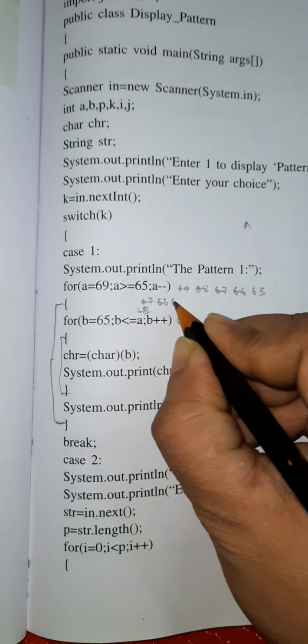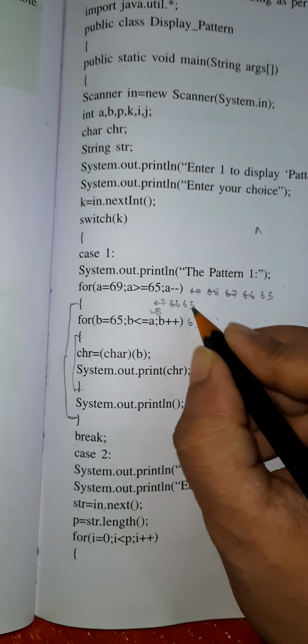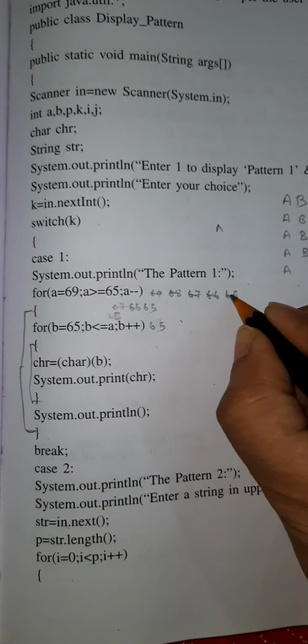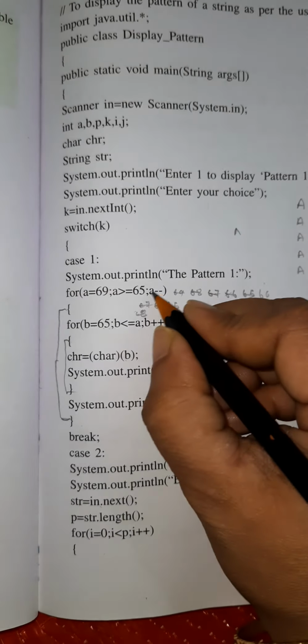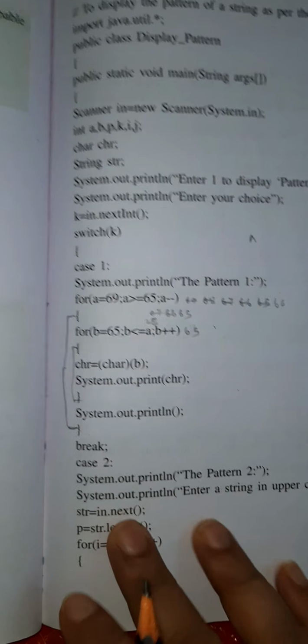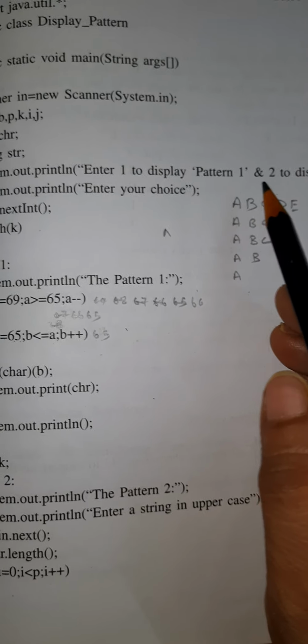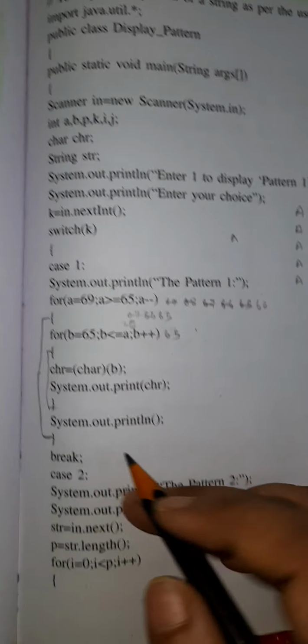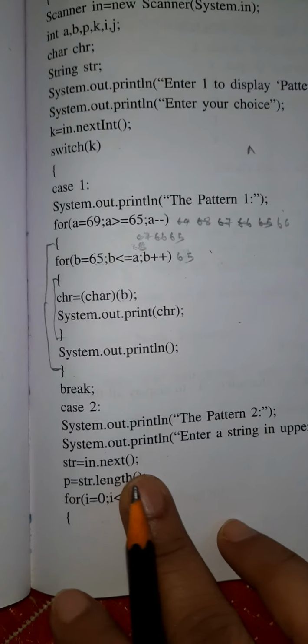So a is 65 and b is here also 65. Both a and b are 65, the condition is true, it will enter here and it will print A. Then again it will go, now it is 66, the condition is false, so it will come out of this loop. And if the person has typed 2 instead of 1, then it will come to case 2,